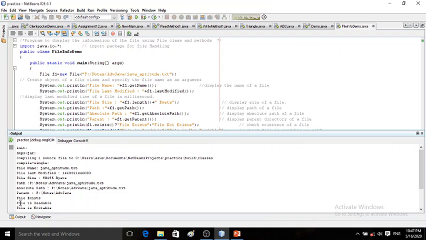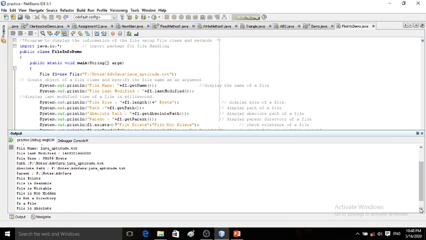As a response to canRead, we are getting here "file is readable". As a response to canWrite, we are getting "file is writable". So readable and writable permissions are available. For the response of isHidden, we are getting "file is not hidden".